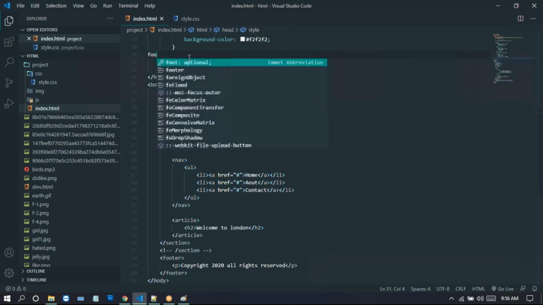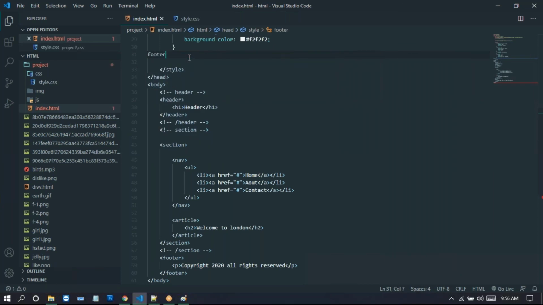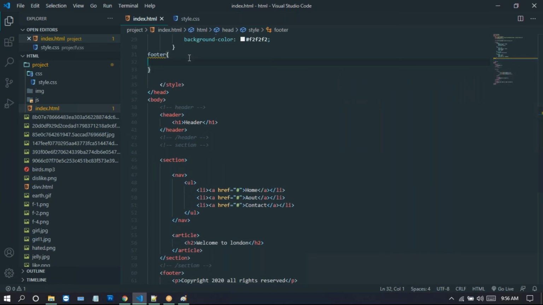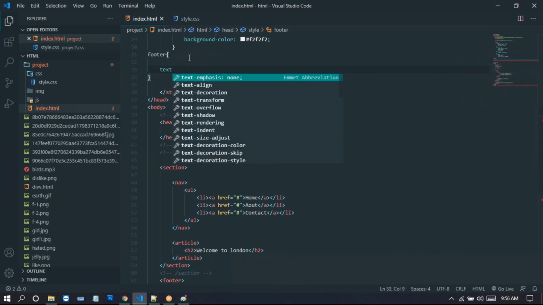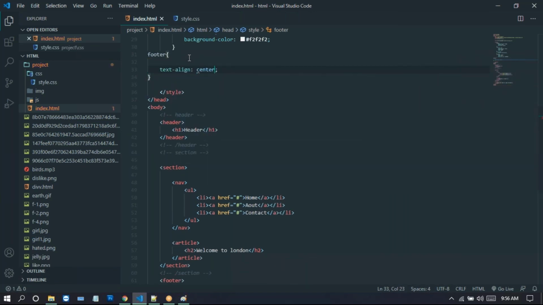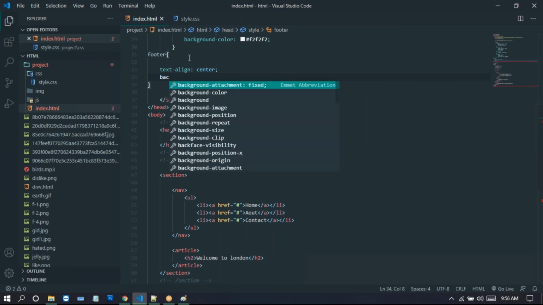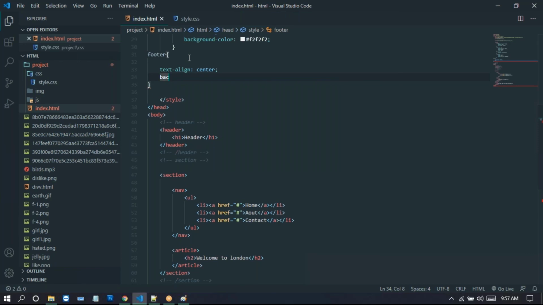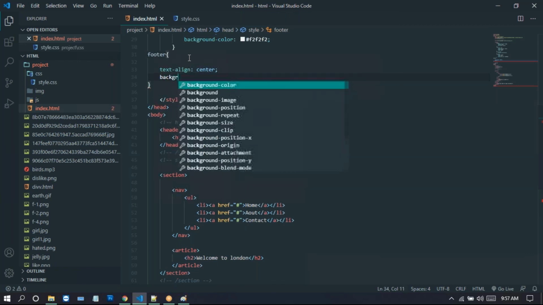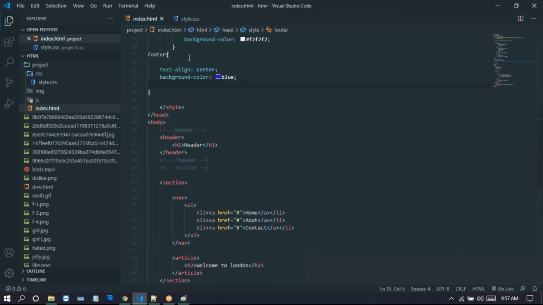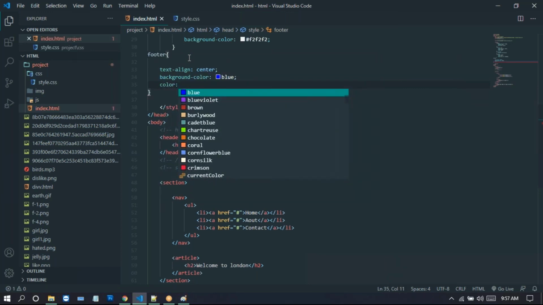Now just go to this style here. We take the footer tag. For this footer, just give text align center, and give the background. Apply this background color. Just take the blue color here and apply this color.